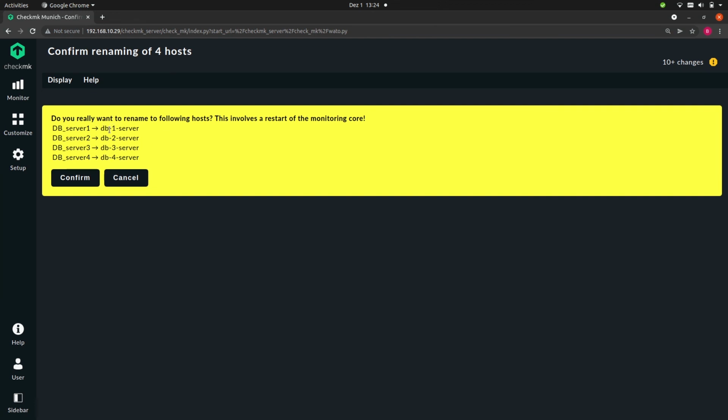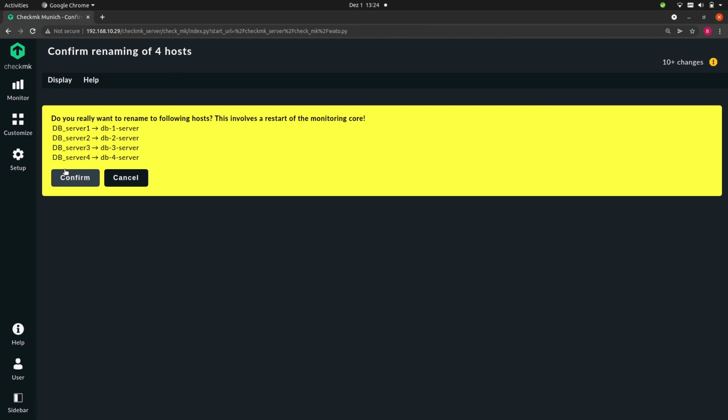If you are happy with the end result, you can simply click confirm. Once I do that, the renaming procedure will start, and this is done in a background job. The whole procedure may take a bit of time because, like I said before, CheckMK will need to be stopped to consistently rename all the host names in all the logs and databases. That's why you should avoid doing this in a productive system when the system is required to be functioning.